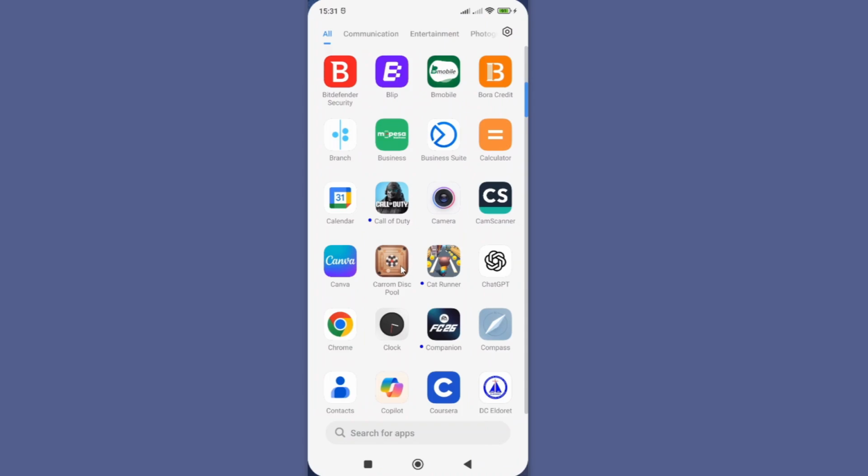In this video, I'm going to show you how you can install the right Carrom Pool app on your Android